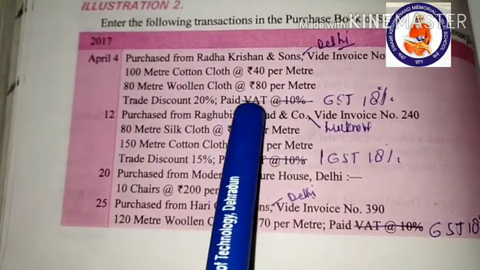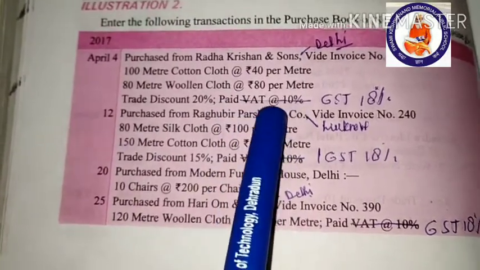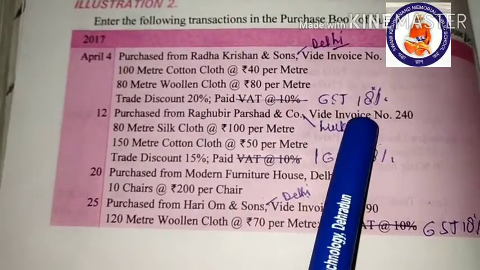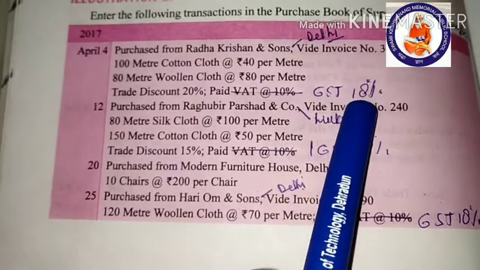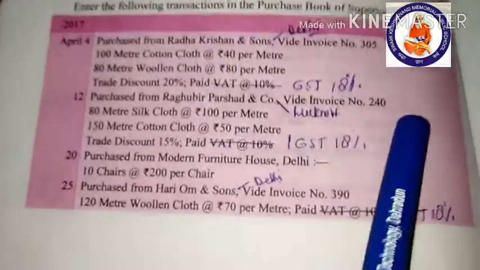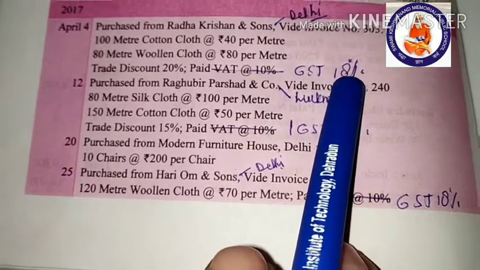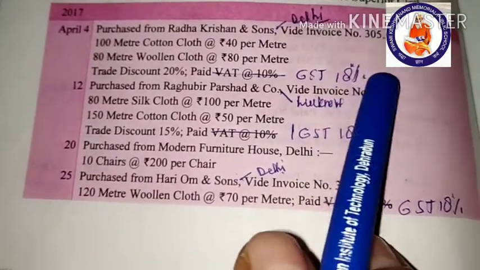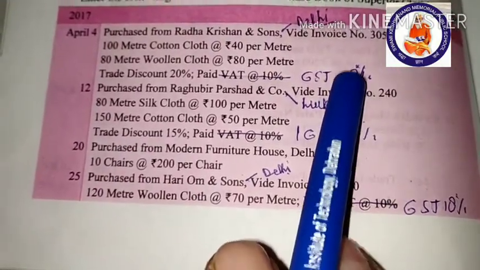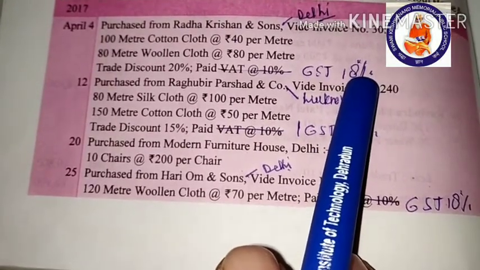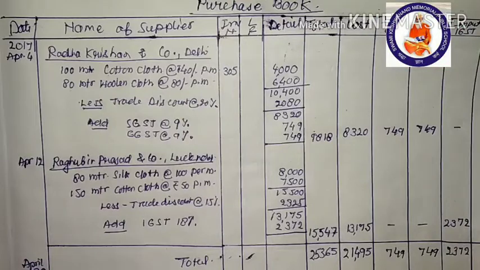Here, it is an old book, so VAT we will change to GST. So paid GST 18%, and when GST is charged it includes both CGST and SGST. So this 18% will be divided into 9% CGST and 9% SGST. Okay. So students, this is the